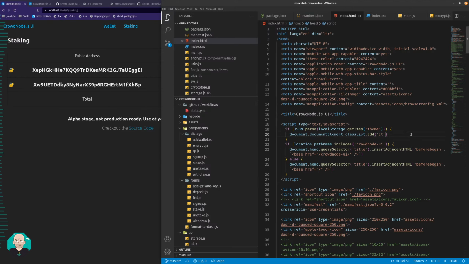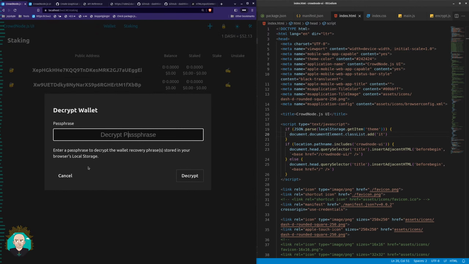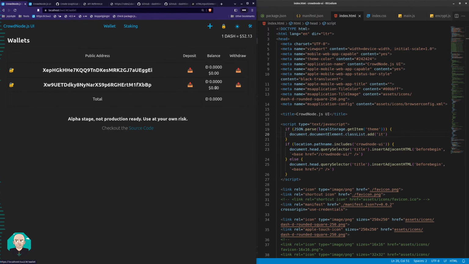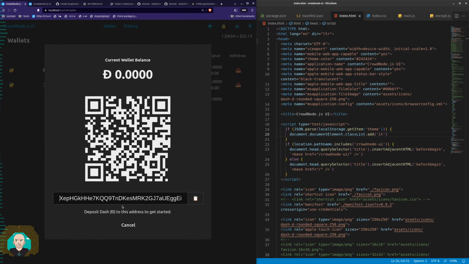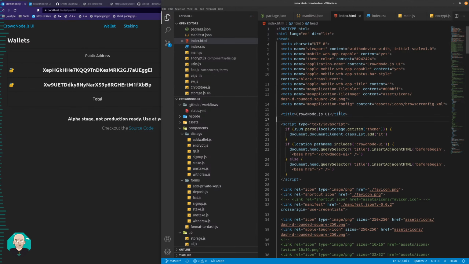All right. That's not a super big deal, but it's just a little bit annoying. So I'm thinking I'm gonna base it on the deposit modal. So let's go ahead and